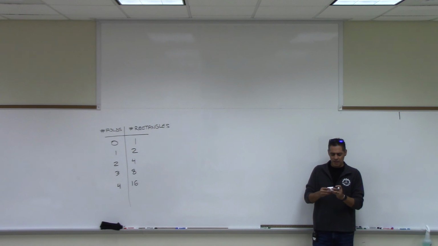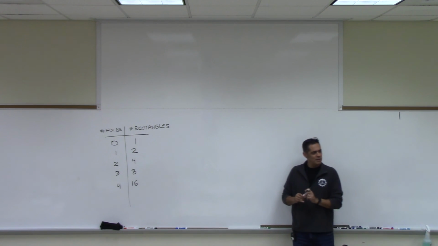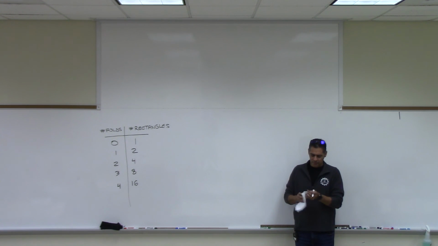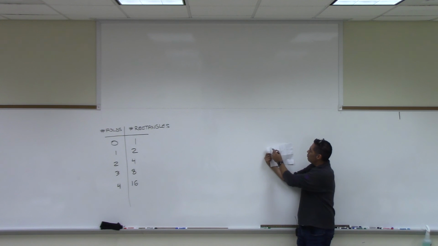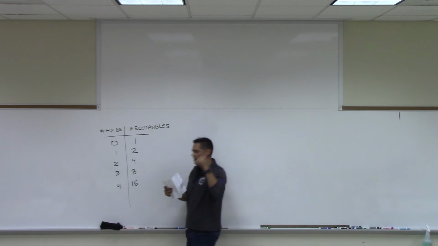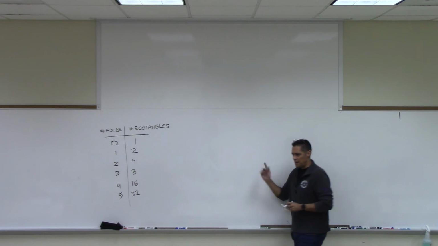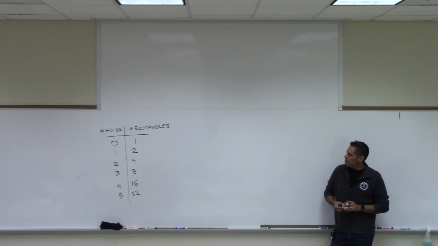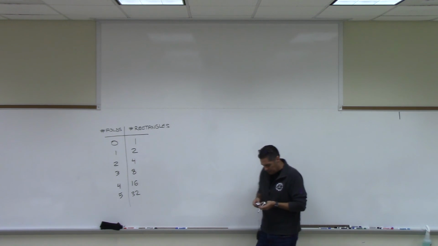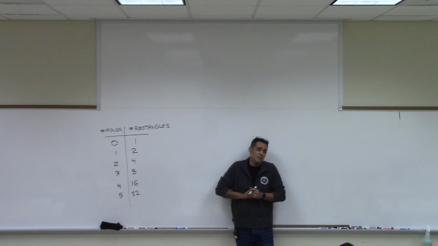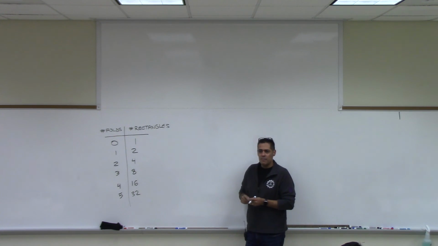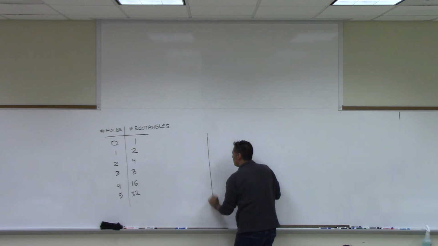One more. What do you think? 32, right? So if I open this up, it's getting hard to fold. Let's see, 1, 2, 3, 4, 5, 6, 7, 8, 1, 2, 3, 4. So I have 32 rectangles, 8 across the top, 4 down the side. So looks like I've got this. Okay, got the idea? So my question to you now, because it's getting hard for me to fold: this 6th fold is hard, 7th is really hard. I don't know if I could do it. 8 folds, 9 folds, 10 folds. So my question is, if I continue this down,